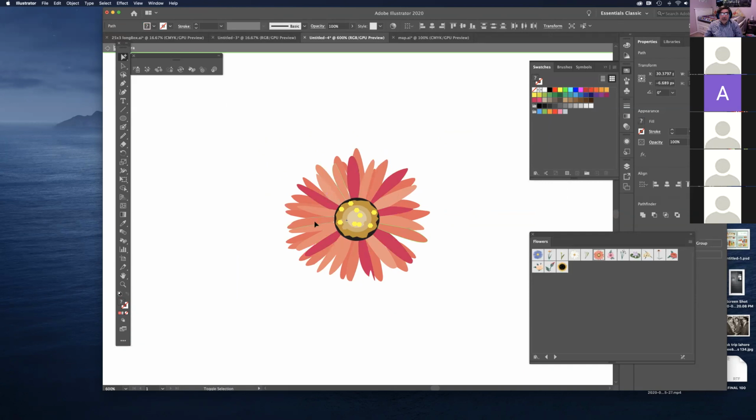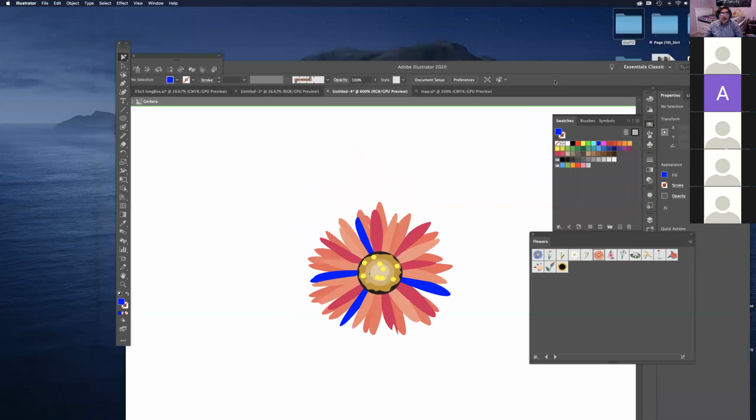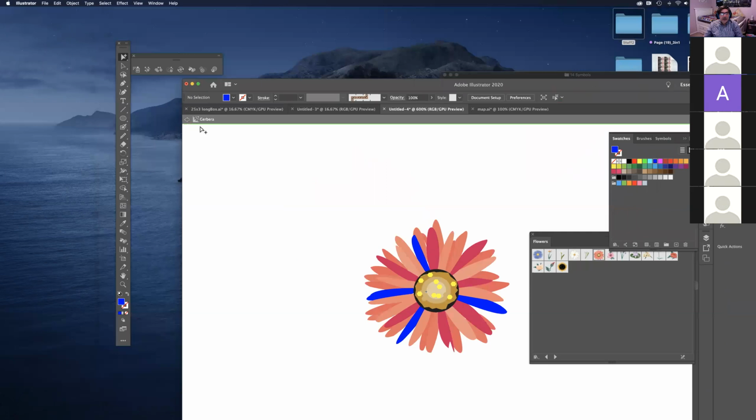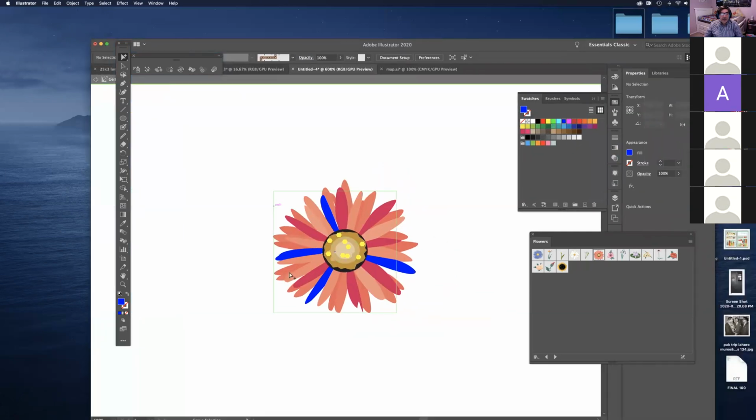So you know where I'm going with this. So just selecting more colors over here. It looks horrible, but that's fine. So once you make the change, then you go back. And how you go back is by clicking this arrow. So you are in a special place right now. You are editing the symbol. So when I go back,